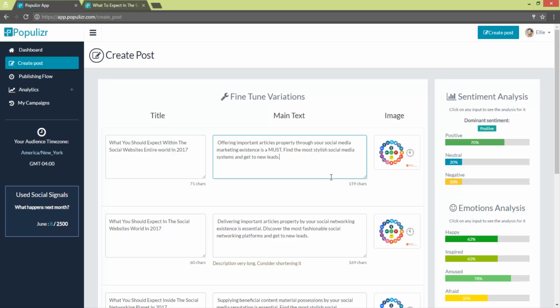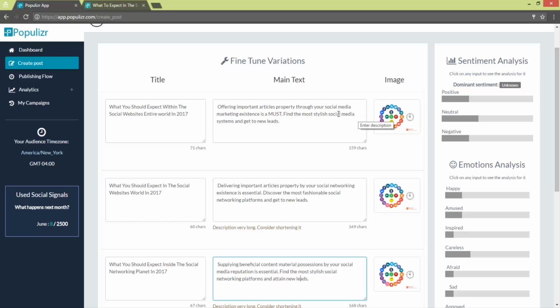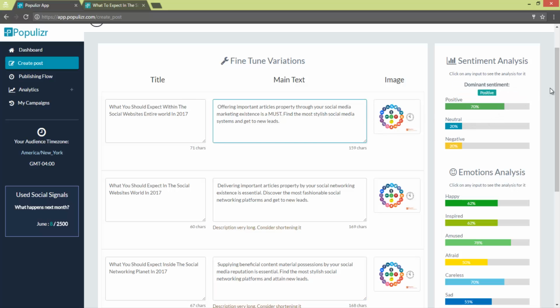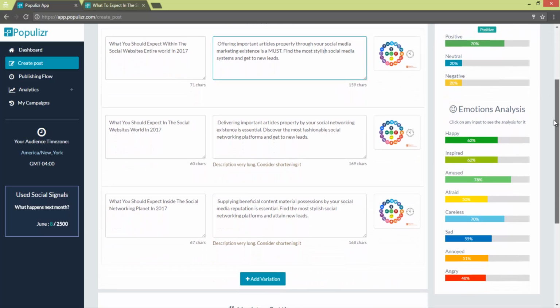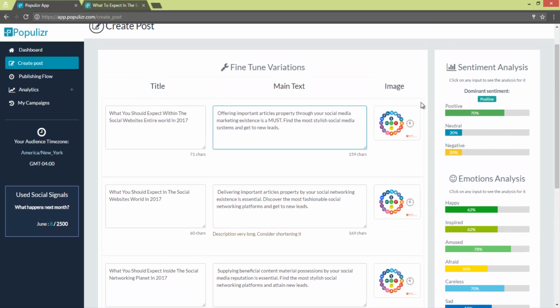Here, you'll get 3 variations rows of the title, description, and image. And in the right side panel, you will see all of our cool tools for checking the sentiment and emotions impact that each text field has. These details will help you craft emotionally compatible texts to match your audience and your marketing goal with the campaign